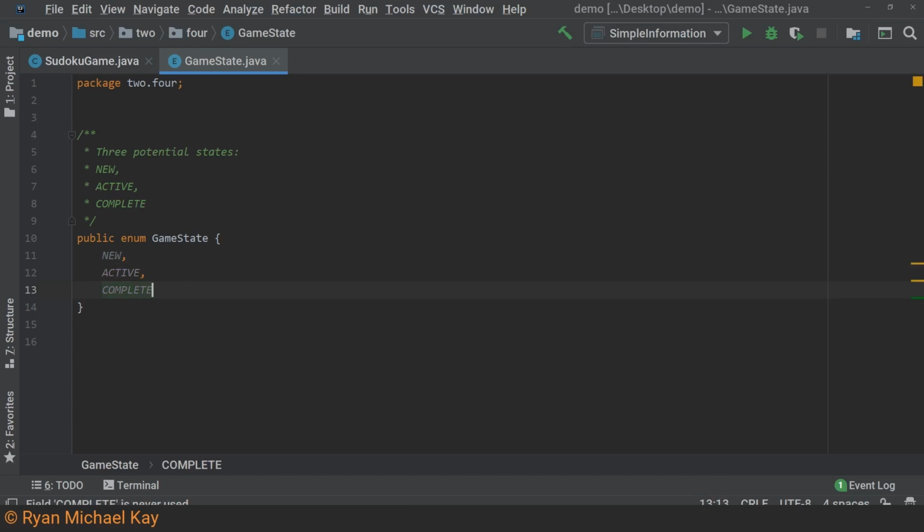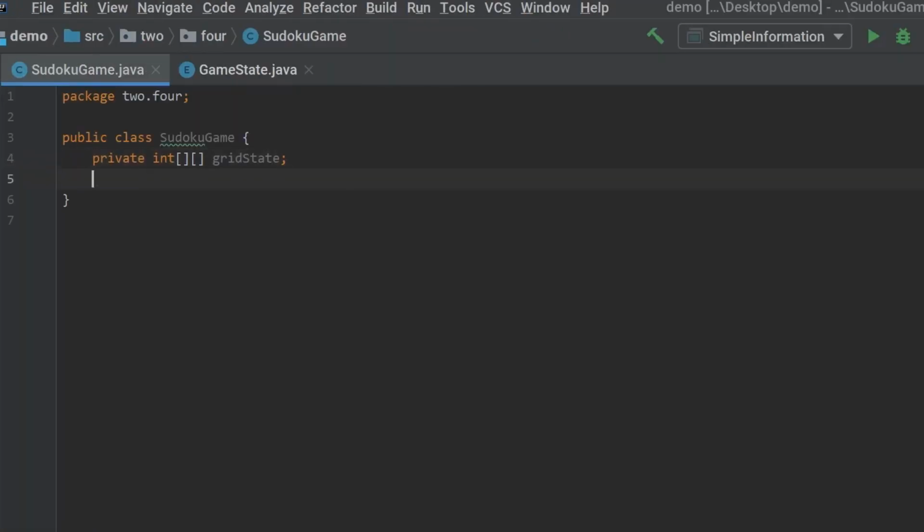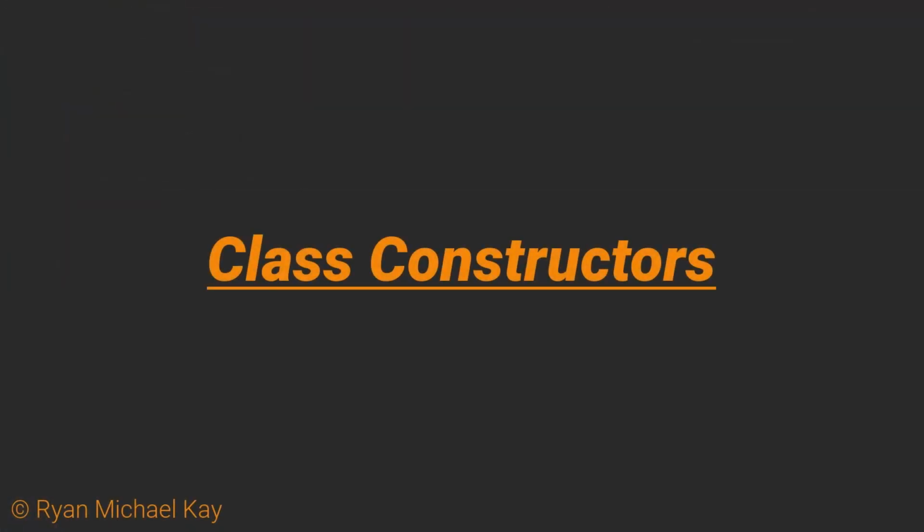The important thing here is that we have a situation where we know that an object will be in one of 3 states, and we know what all of those potential states are, and we do not expect them to change much. Now, enums are not the most memory efficient tool for the job, but the benefit of them is increased legibility, and we will see later on that they can make it easier to read and control the flow of our programs.